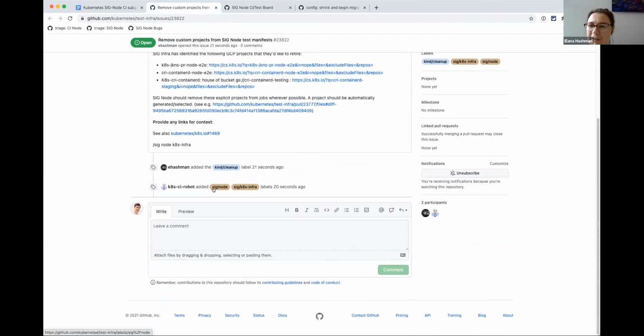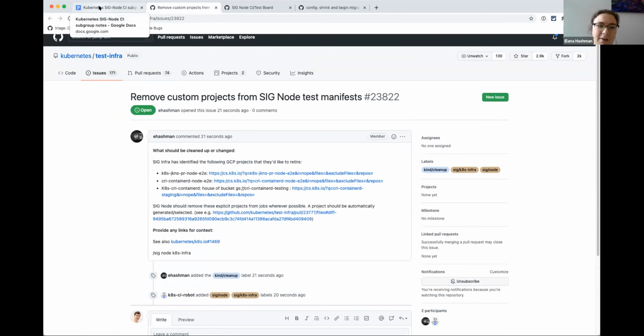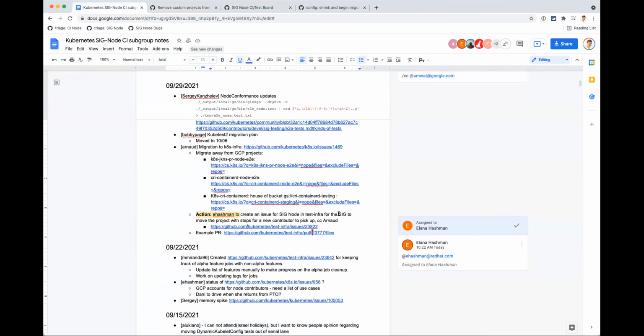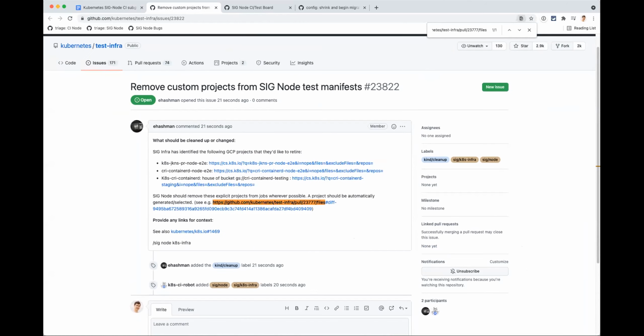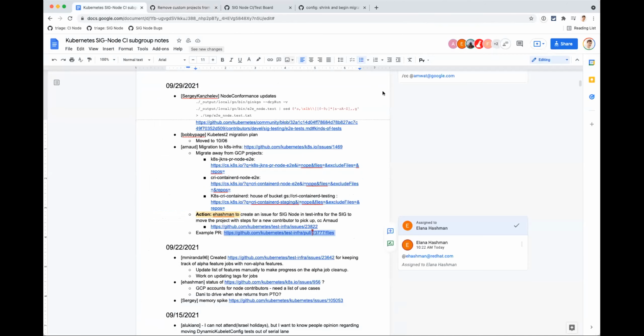Okay. So Ryan, feel free to self-assign this. And yeah, I need to CC Aaron now. Okay, cool. And during the migration, there are some tests running against those PRs. So the errors from those tests will tell you what to change or what to add to the specification of the prow jobs.